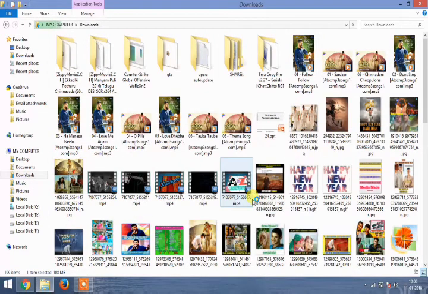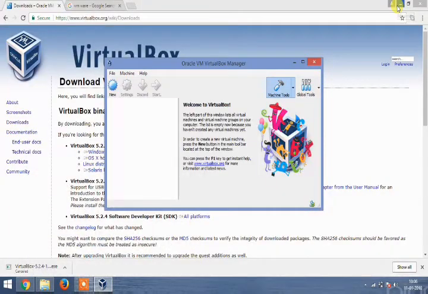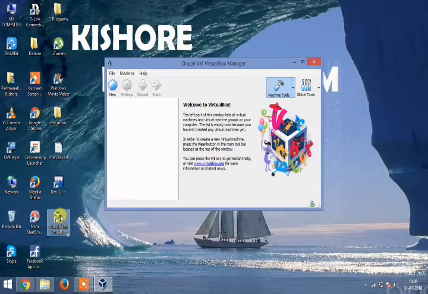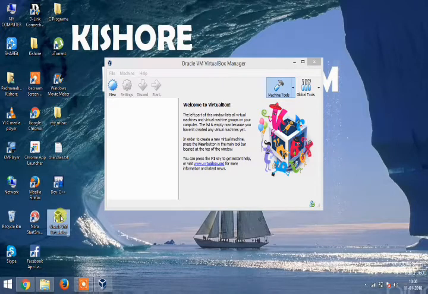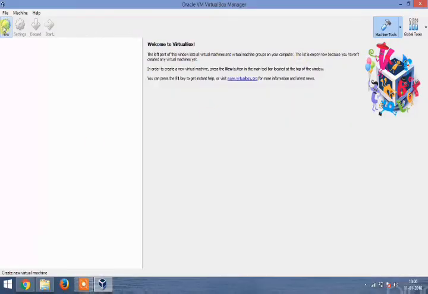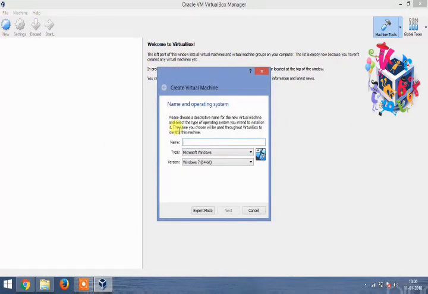Just click on finish. It will be starting now. See here the VirtualBox VM manager. So just open it. Here it's already opened. See here, click on New and just type the name. For example, if I want to use Windows 10,